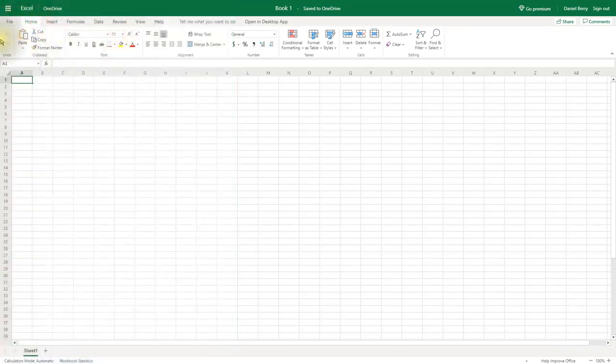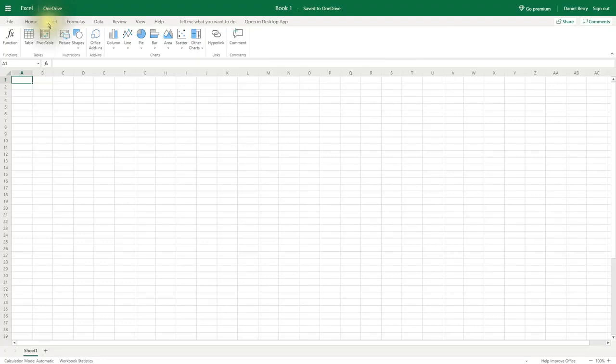This is my home banner, the undo redo. So if you make a mistake, you click on undo. Cut, copy, paste options are there. We call that the clipboard. My font options are here, so I can format my font, change the way it looks. I can change my alignment. There's my merge and center, which are the same tools that we have in Google Sheets. I can wrap my text. I can change the numbering there for my cells. I have my table options, cell options, and editing options, such as my auto sum that I'll be using today.